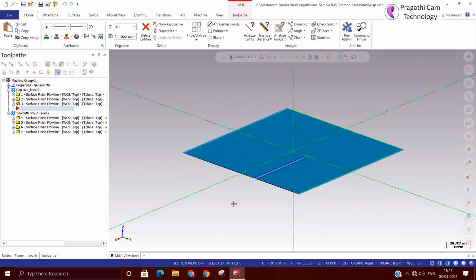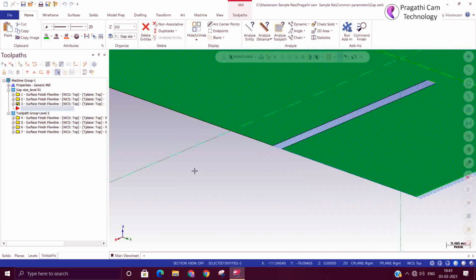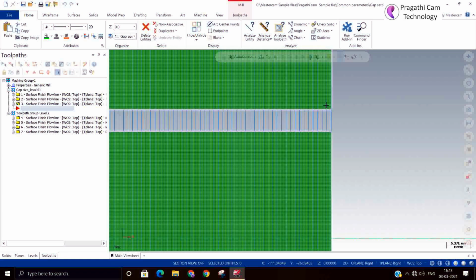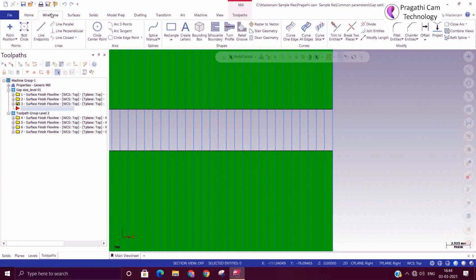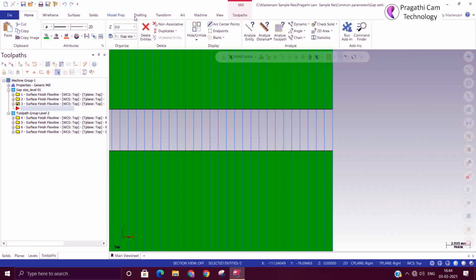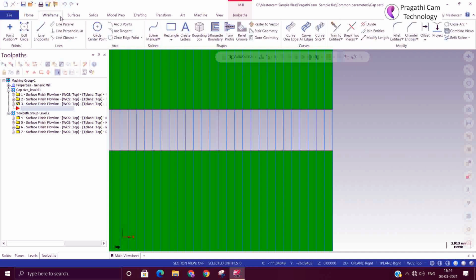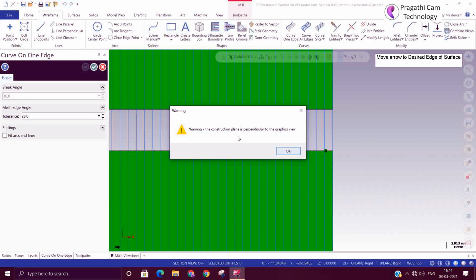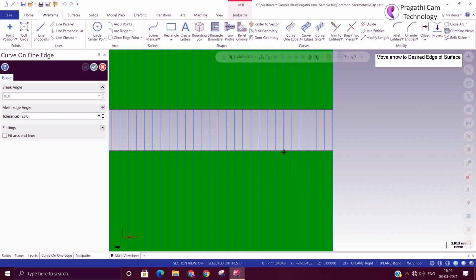Now, to make you understand, we have made this on flat surfaces. First of all, we'll find out what the gap between the two edges is. I'll go to wireframe and select curve to generate, because on the surface I will not get any cutting edge to hold.